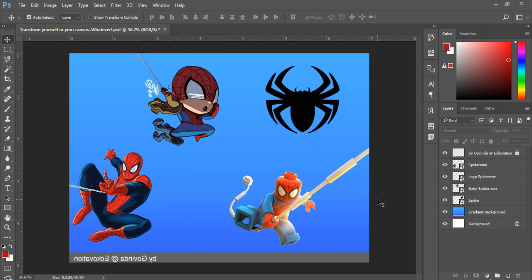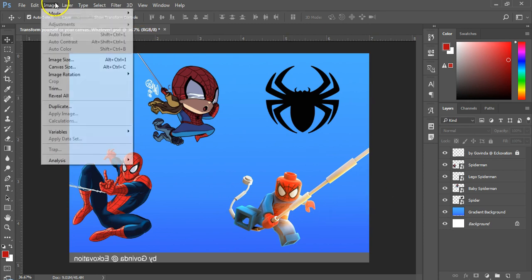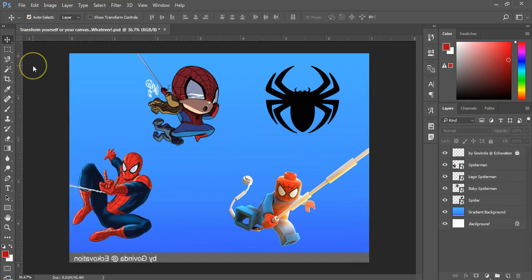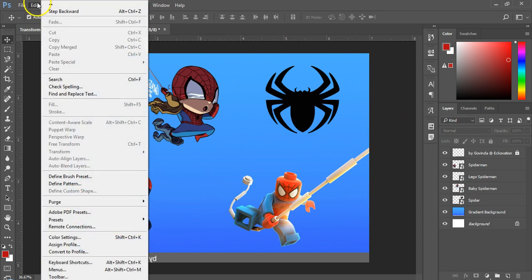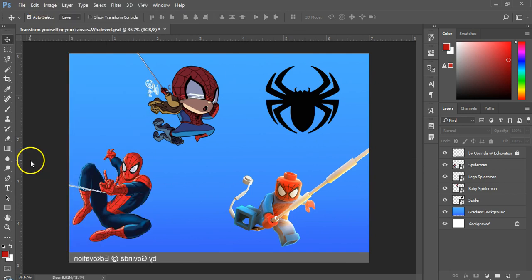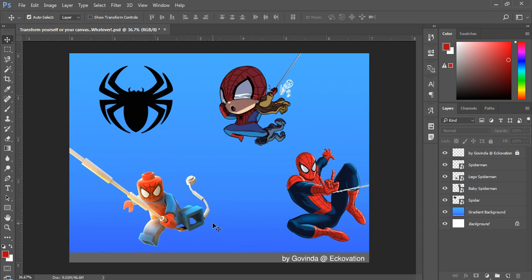You must have noticed during the flip action that we have used the image menu instead of the edit menu, where I have shown you the transform function. Well, if you ever want to do some quick transformation to the entire image, use the image menu. Otherwise, we have the transform function with us to do our little work. Now Ctrl Z to flip the canvas to the original form. If you would like, you can pause the video and experiment with the other options in the image rotate menu.